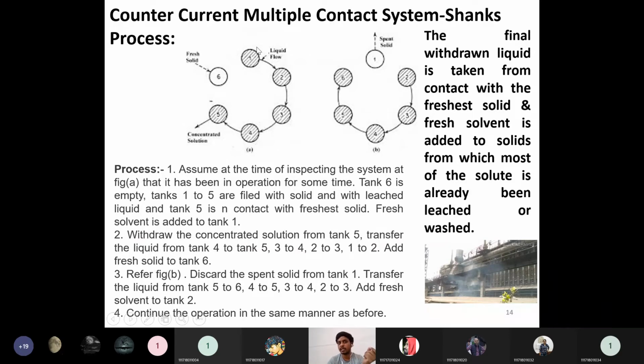So the age of this tank, how can we say? At t is equal to 0, we are inserting this, we are carrying out this operation. At t is equal to 5, this is a fresh one, this is young. So this is very old. So this is called as spent solids.